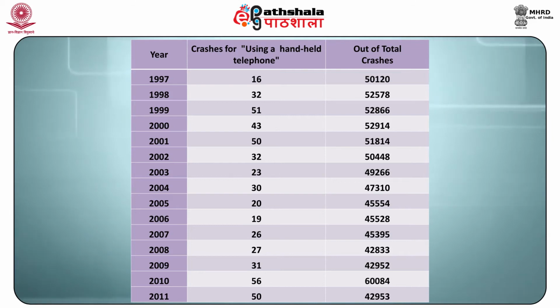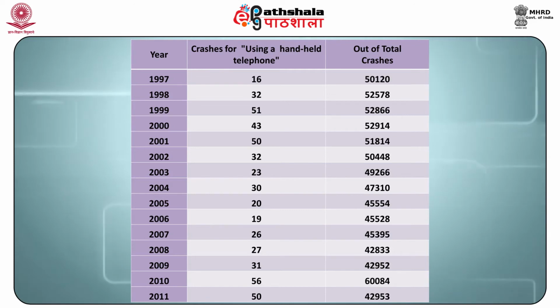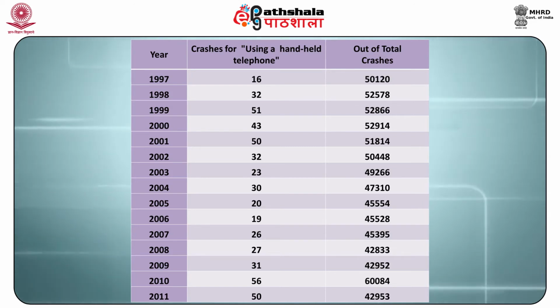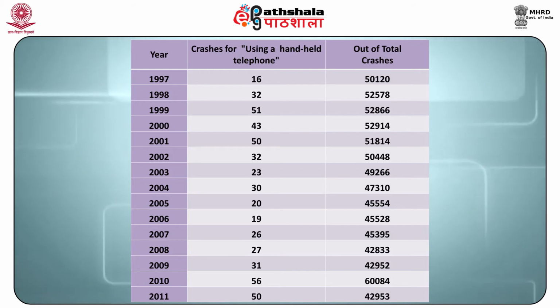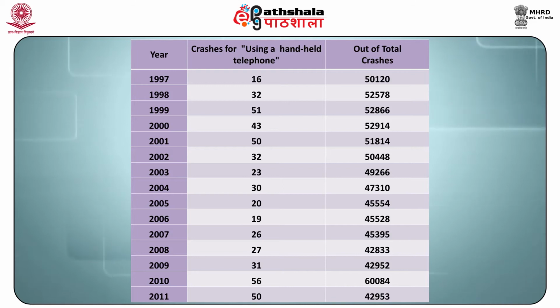I repeat, in 2004, 30 crashes were there out of the total 47,310 crashes. In year 2005, 20 crashes were there out of the total 45,554. In year 2006, 19 crashes were there out of the total 45,528 crashes. In 2007, 26 crashes were there out of the total